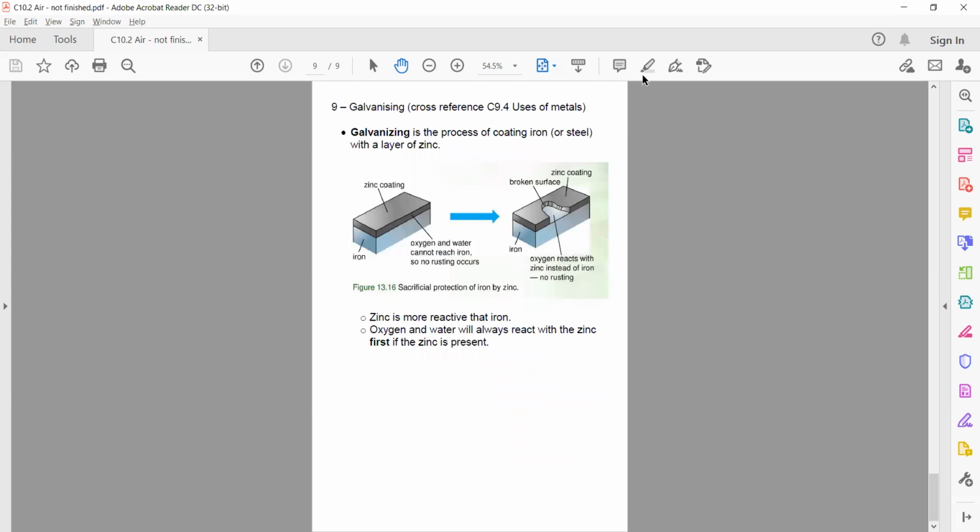And then the last thing, another way to protect metals is by galvanizing, which you saw when we talked about metals. Galvanizing forms that oxide layer of zinc, which forms a protective coating, and it adheres to the surface, it doesn't peel off. So it's that sacrificial protection. The zinc sacrifices itself for the metal underneath. Any questions?